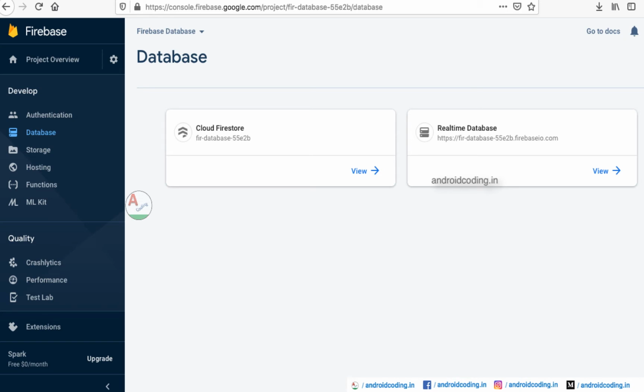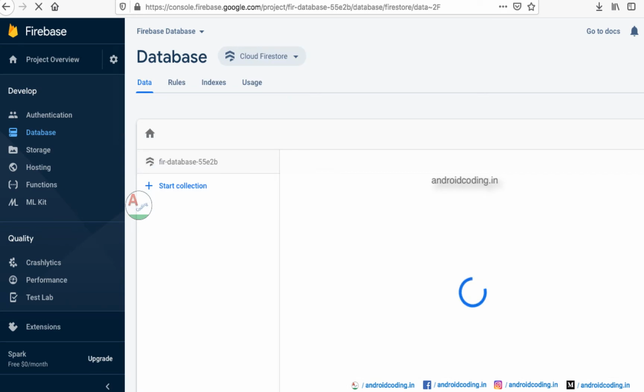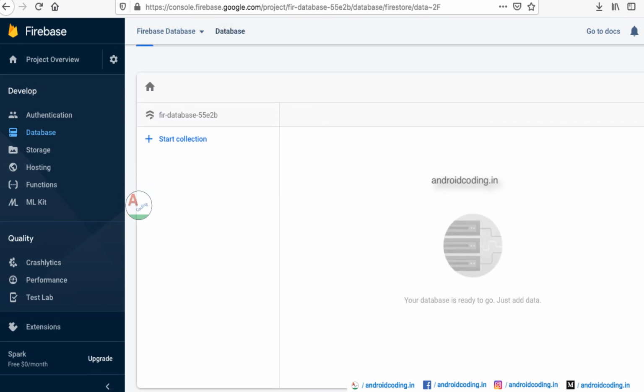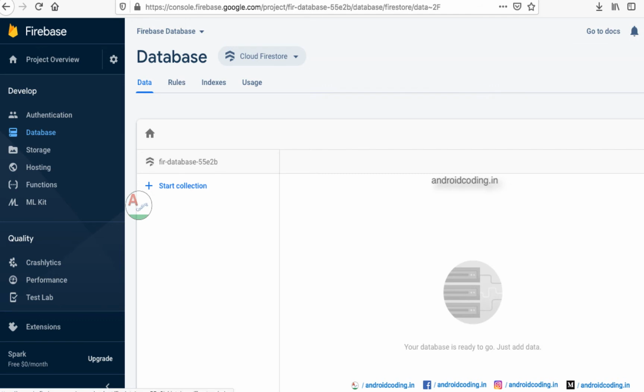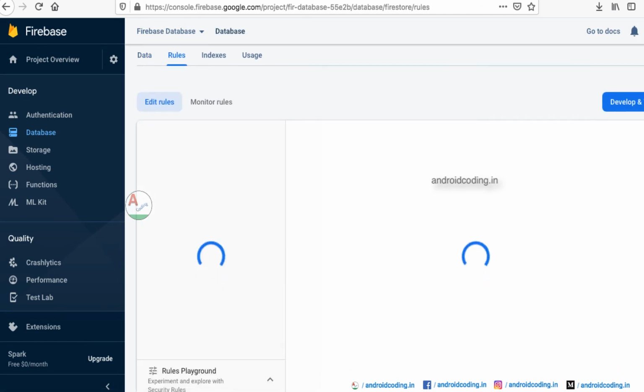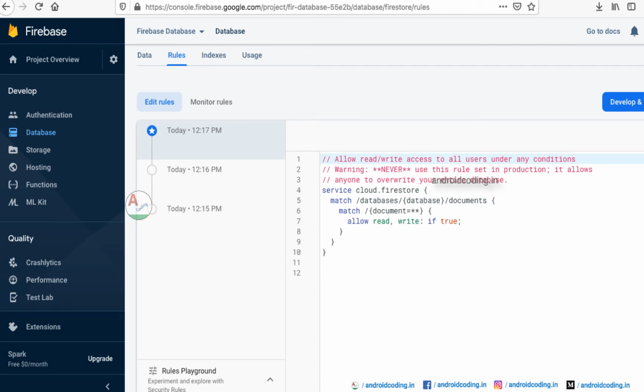So click on Get Started after going through the instructions provided by Firebase. Okay, and if you're still having any problem, do let me know. I will surely help you. In the previous tutorial we dealt with the real-time database, and now we are looking at Cloud Firestore. Click on it, and as I said in the previous tutorial also, it's a very important step. Rules is the first important step you need to provide. Here I am giving permission for everyone, even non-users, to read and write to this particular bucket.